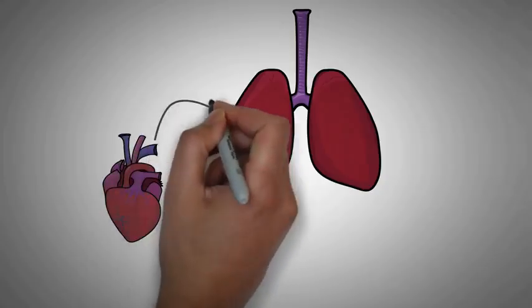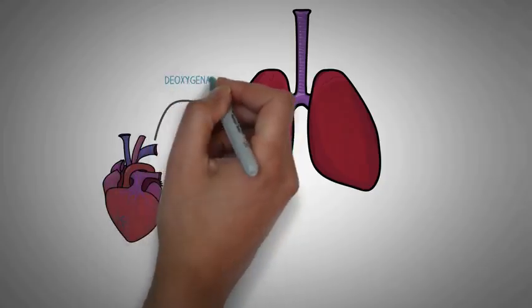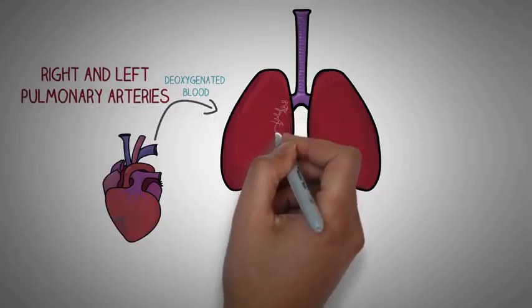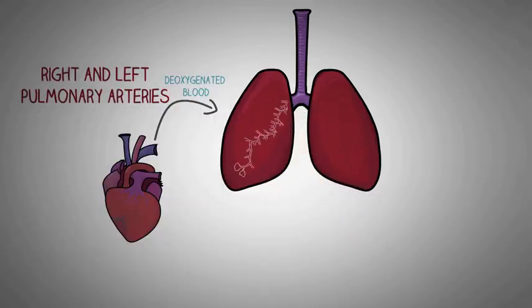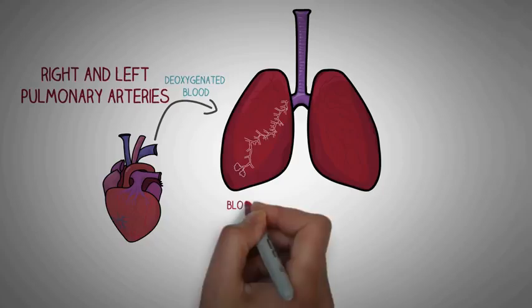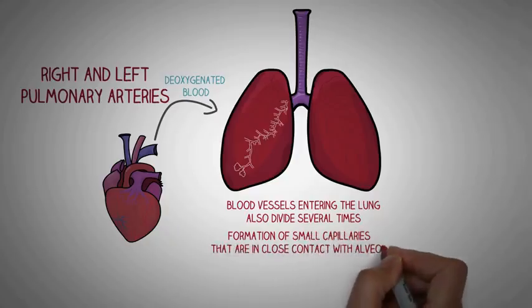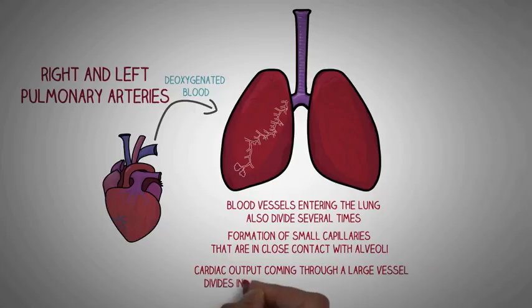The heart pumps all the deoxygenated blood to the lungs through two main arteries, the right and the left pulmonary artery. Just as we saw with the previous branching pattern, a single bronchus divides almost 20 to 25 times before the formation of alveoli. A similar phenomenon happens with the large blood vessels that enter into the lungs. These blood vessels also divide several times, which leads to the formation of small capillaries